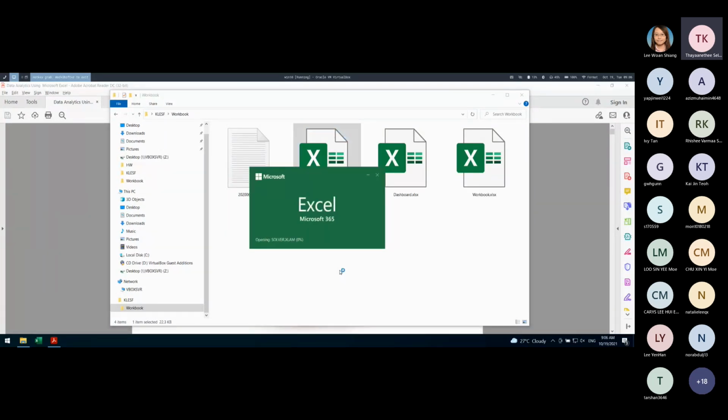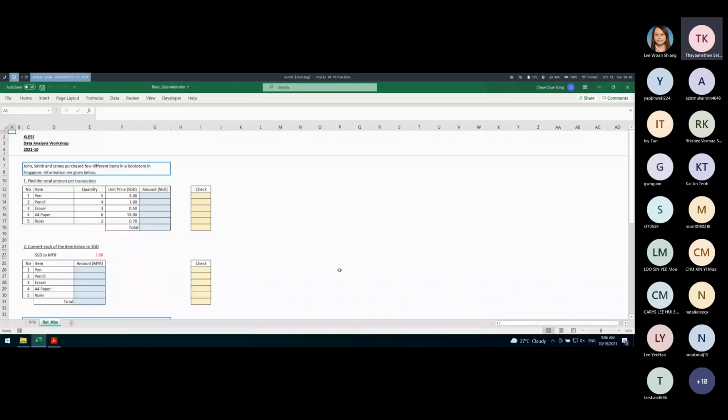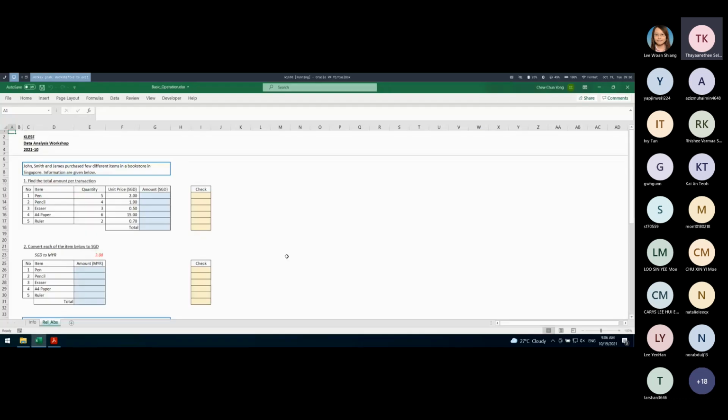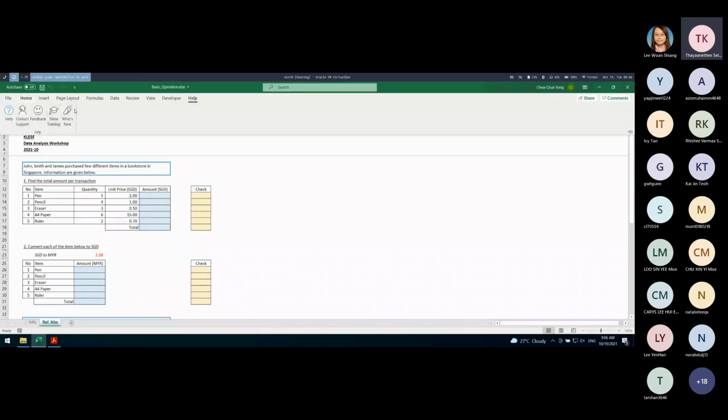Okay, so of course, over here when we talk about Microsoft Excel, as you can see from here, when I start this file, you can see my Excel Microsoft 365. So Microsoft Excel has different versions. So the interface or the screenshot that you see over here may be a little bit different from what you see on your own Microsoft Excel file. So that is probably due to